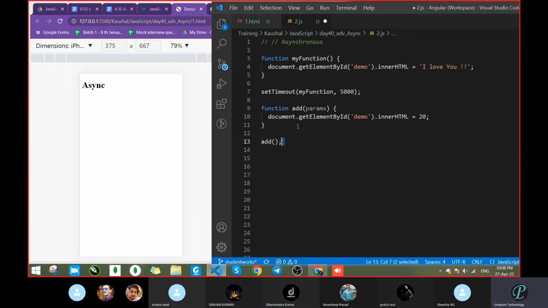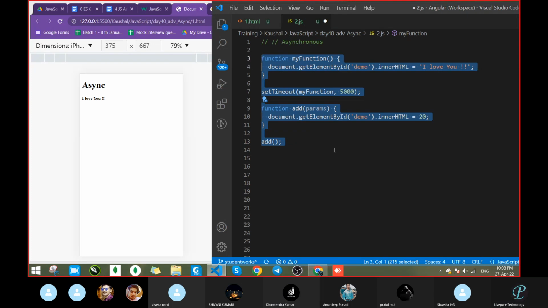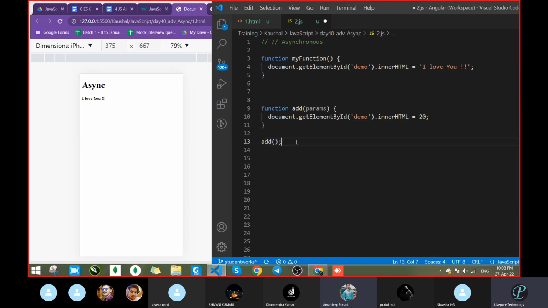So what will be the operation here? Tell me this one. What will happen here? Whatever line of code we had written, what will it do? Any error or something? After 5 seconds, it will print 20. Okay, fine. Not 20, what you told? After 5 seconds, it will print, I mean 5 milliseconds, it will print 20. Okay. What about others?